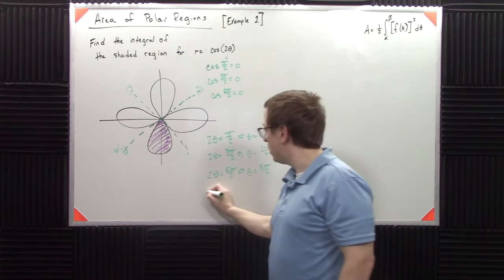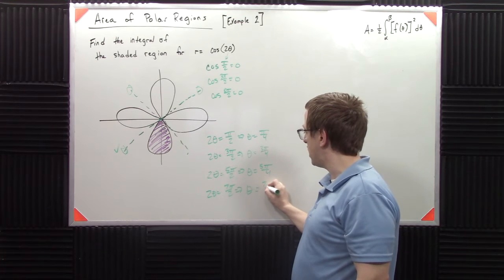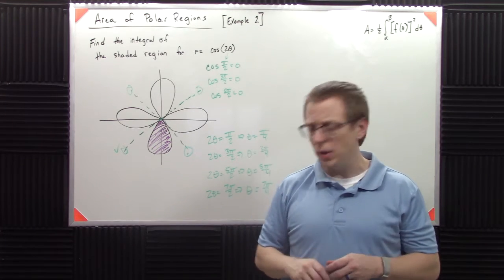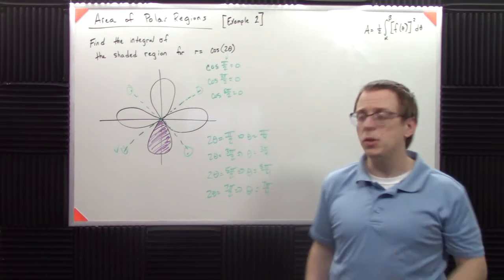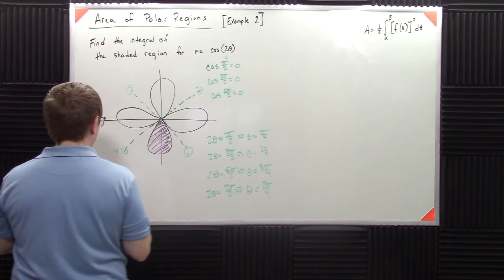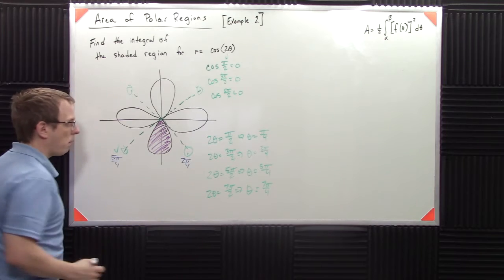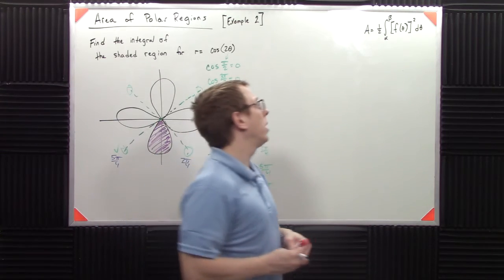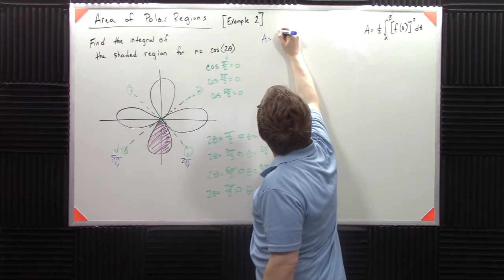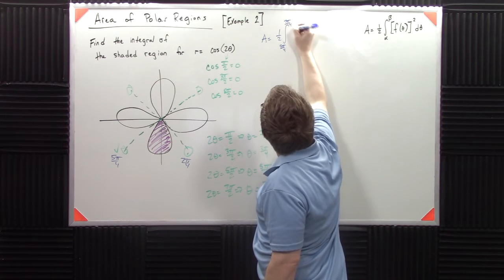And if we continue on, 2 theta is 7 pi over 2, which tells me that theta is 7 pi over 4. That's my case here. So what I need is the case where I'm going from 5 pi over 4 to 7 pi over 4. So that is 5 pi over 4, 7 pi over 4. So now I can set up my integral. I can use this formula here. I can say, okay, the area is 1/2 the integral from 5 pi over 4 to 7 pi over 4